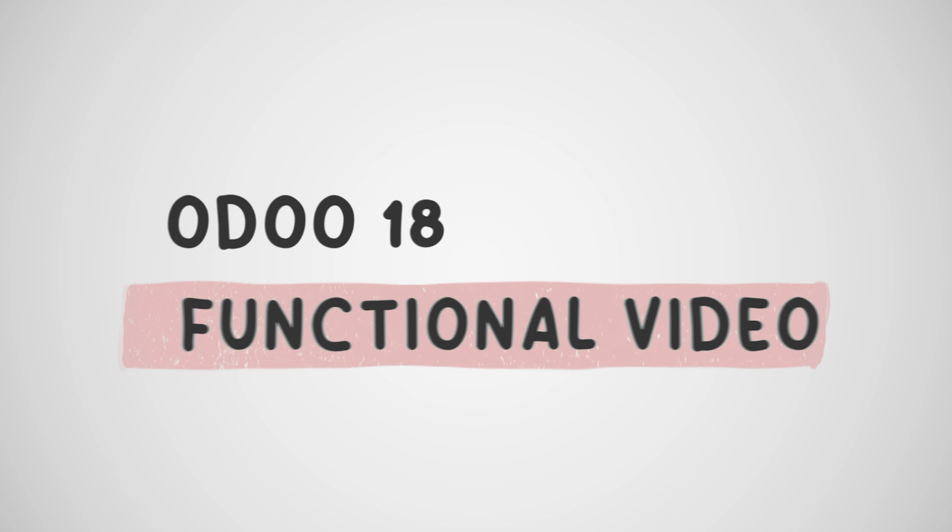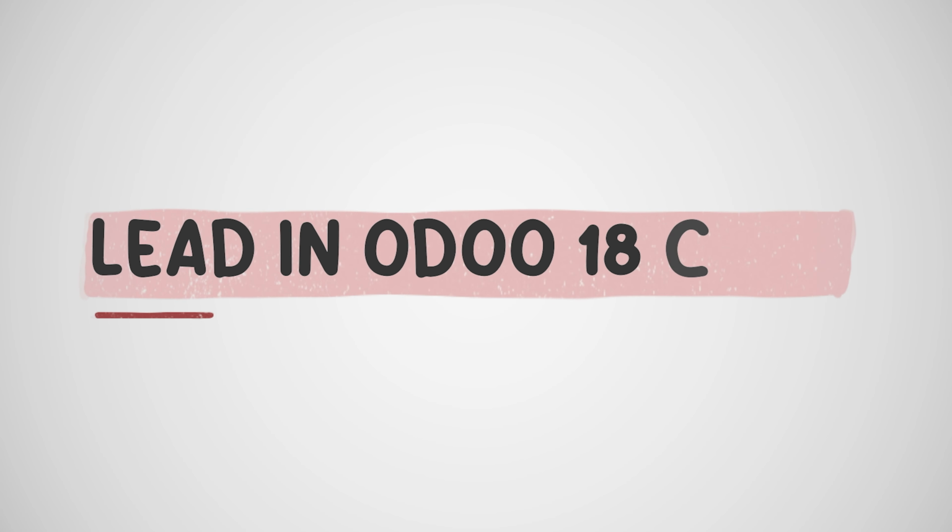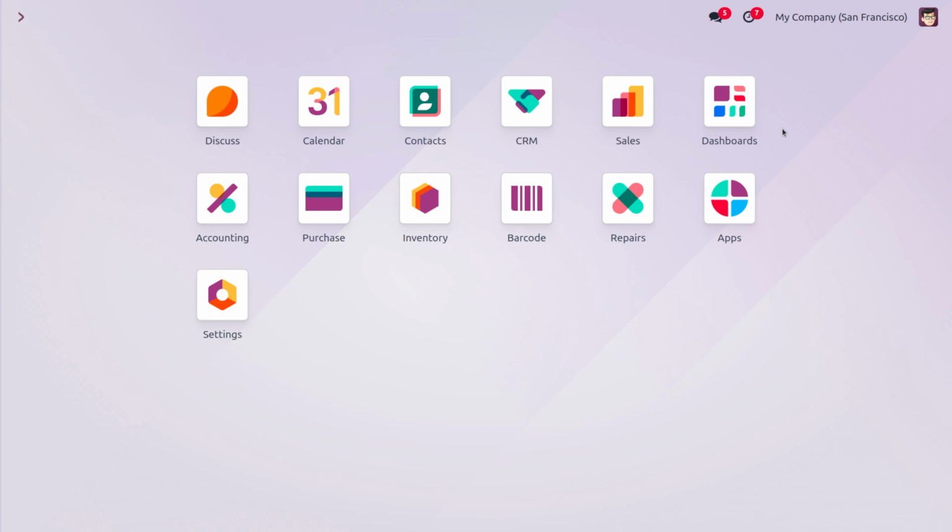In today's video, we will be discussing leads in Odoo 18. In Odoo CRM, a lead represents a potential customer who has shown some level of interest in your company's products or services, which means a lead is typically the very first step in the sales process, and that signifies that someone has expressed a potential interest. And this allows us to nurture these leads and convert them into paying customers.